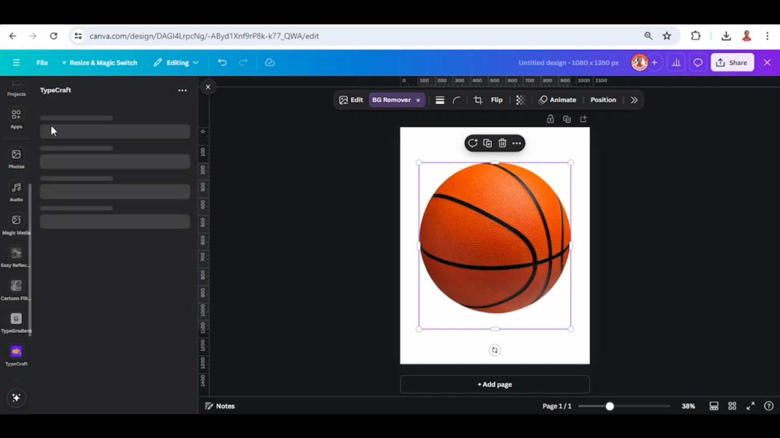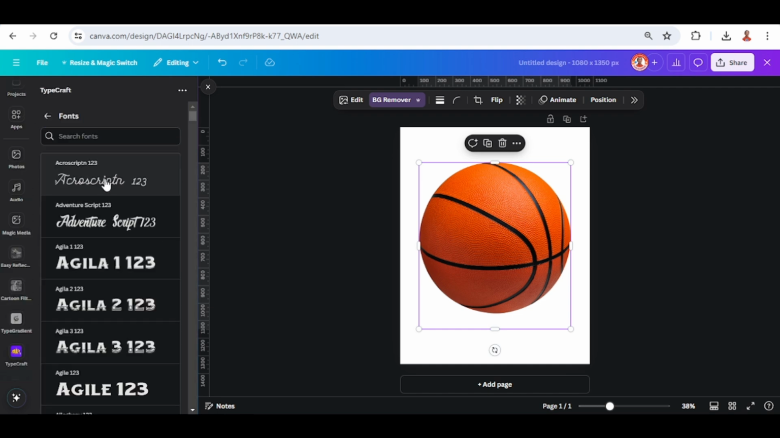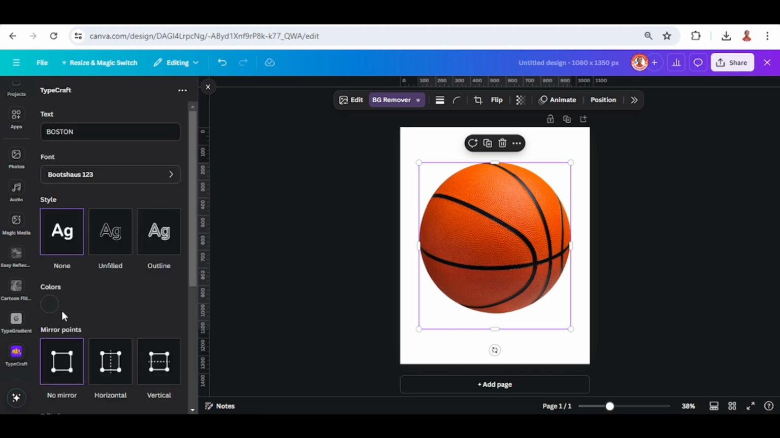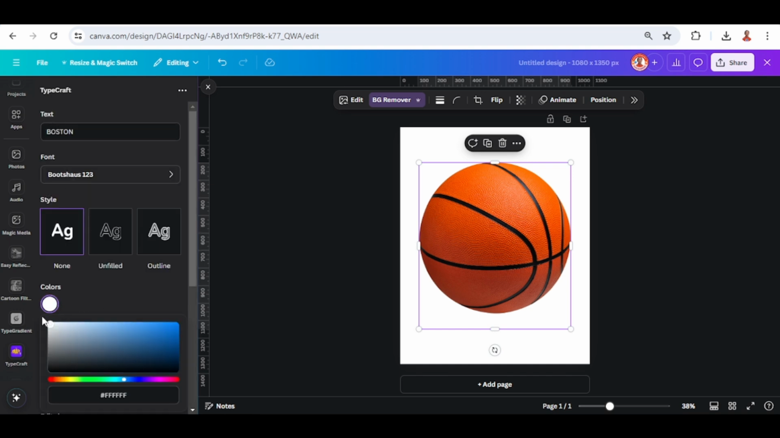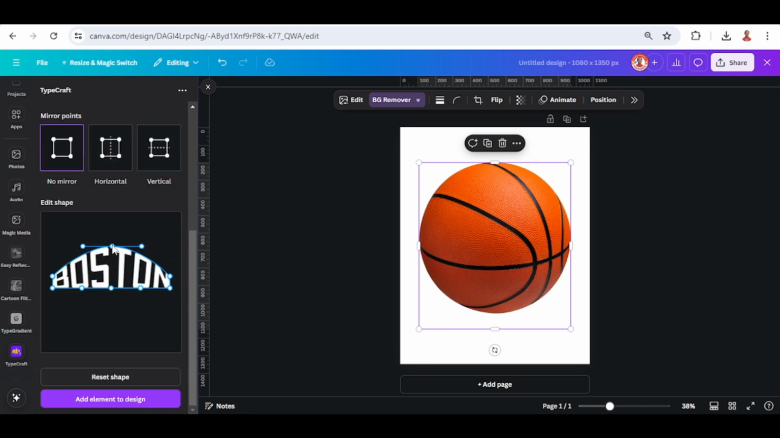Click this icon. I will type here Boston. I will use Boothouse as the font. I will choose white color. Now I will drag it to the top